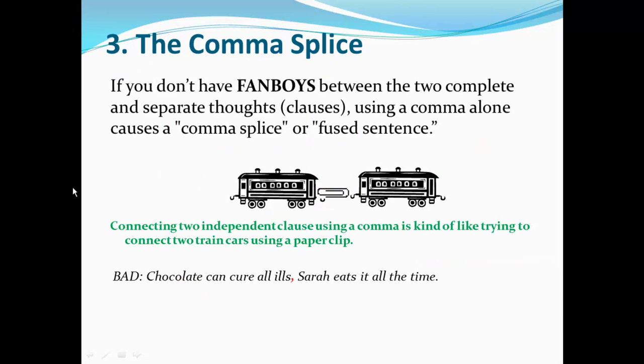The third principle is this thing called comma splice. You've probably heard it before, and it might have even given you nightmares, right? If you don't have fanboys between the two complete and separate thoughts, two clauses that is, using a comma alone creates a comma splice or a fused sentence. You know, when you have two train cars, you're supposed to have really strong couplings or whatever. But if you just put a comma,